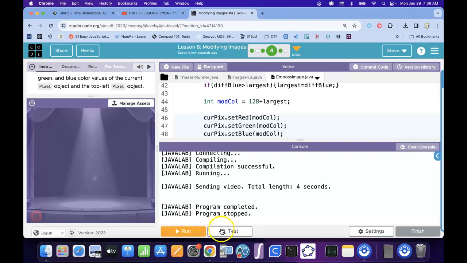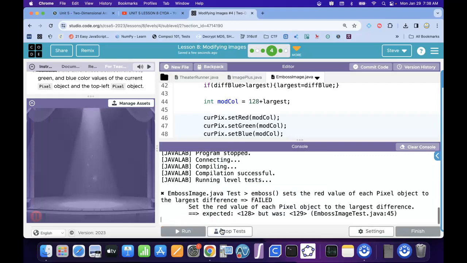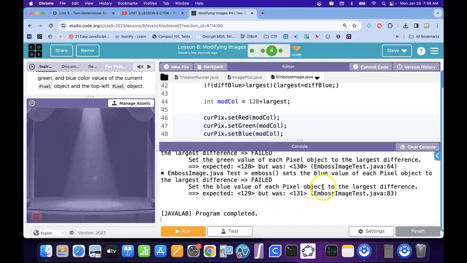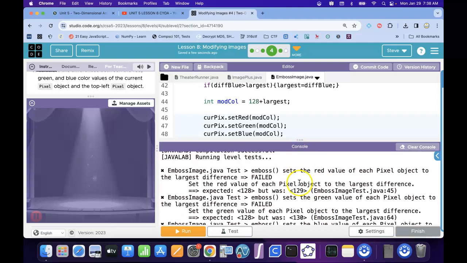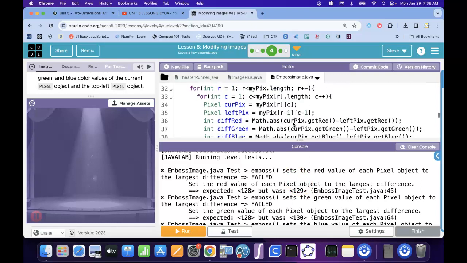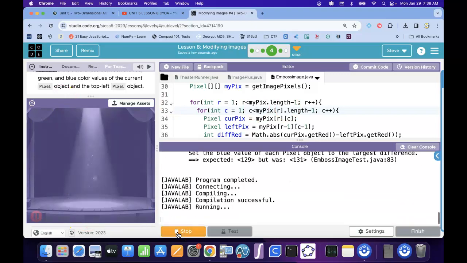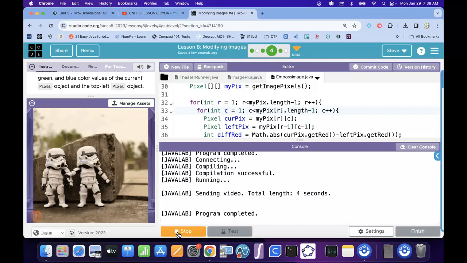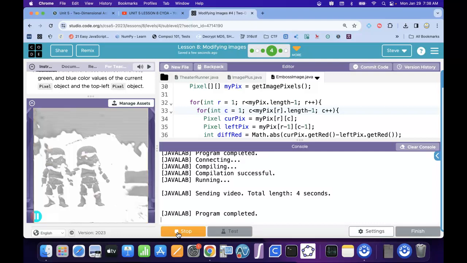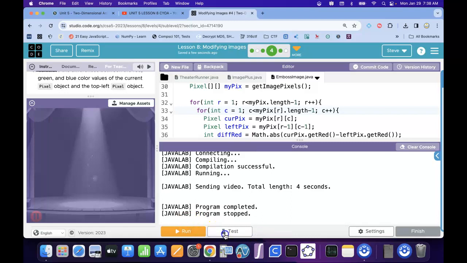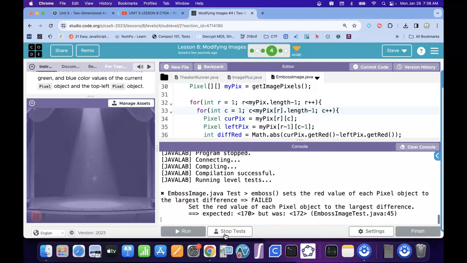I think there could be an error on the test. So let's see what happens here on the test. Yeah, so I think what happened was, these loops need to go to -1, would be my guess. So let's try -1, because if we go all the way to the edge, there is a top left pixel, but it's not like a ring of pixels, which I really think is what they're wanting. So let's see what happens here. I mean, we won't be able to tell a difference, but let's run the test and see what the test does. And if the test doesn't work,